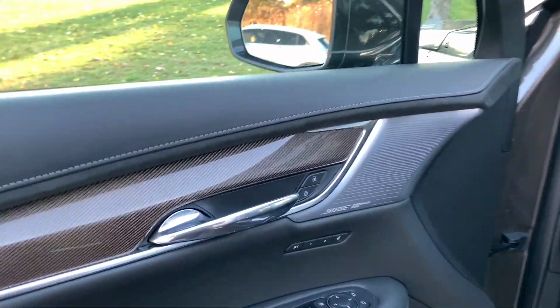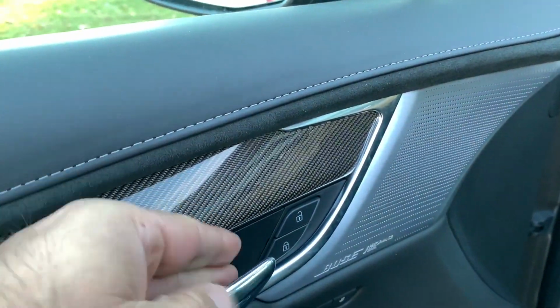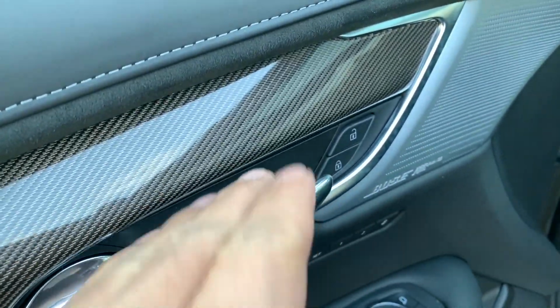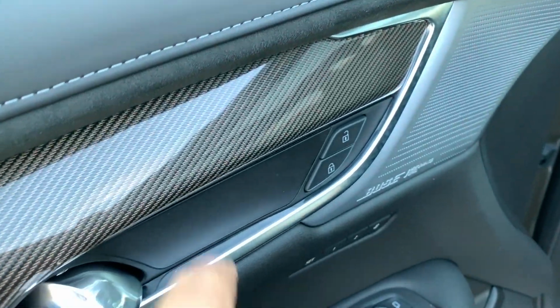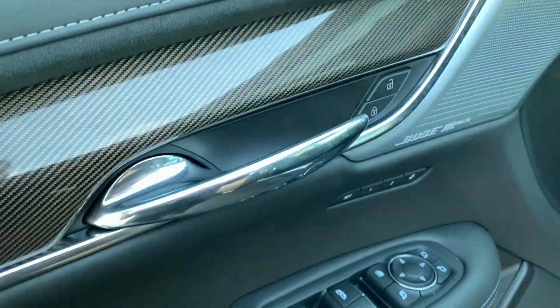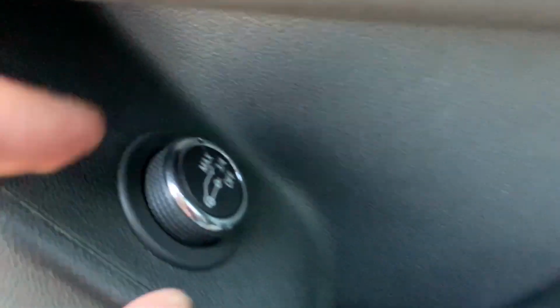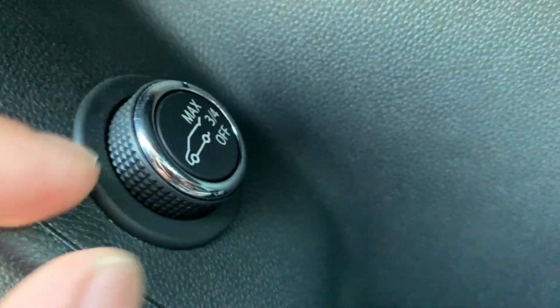So, a bit of a quirk for me is this, because it's not indented, and every time I've gone to put my hand in, I've kind of not hurt my knuckles, but they've touched that, as opposed to almost every other vehicle I've been in where it's indented and there's actually room for your fingers. So call it an irk, not a big fan, but there's some storage in here, which is kind of a cool thing. A little more storage in here,